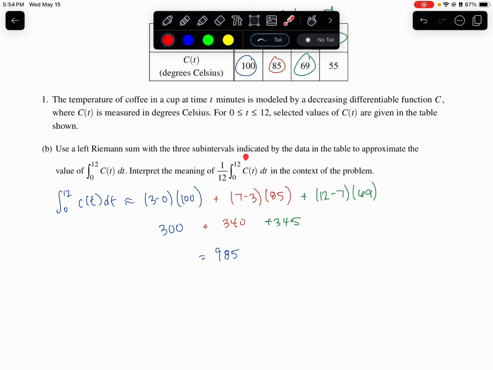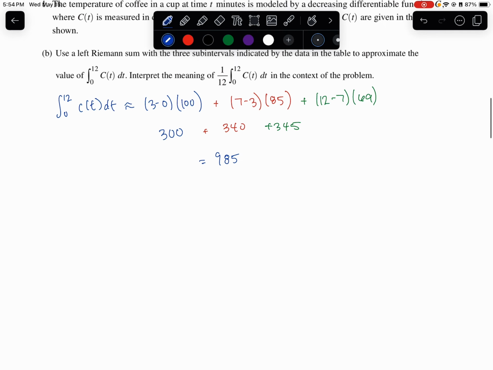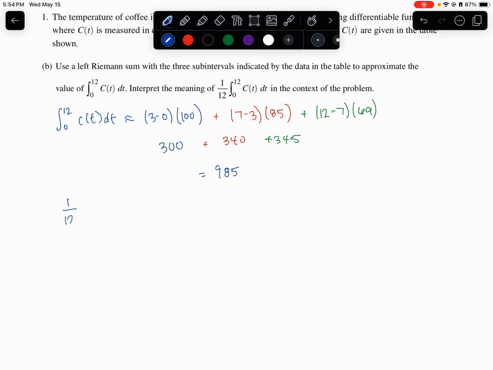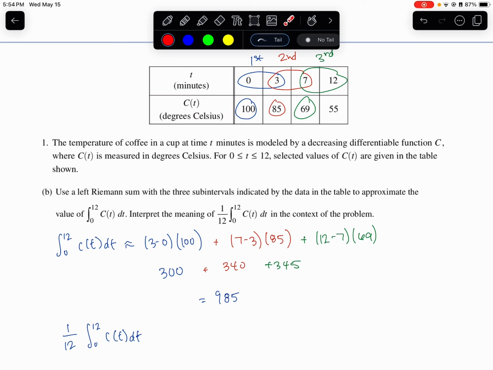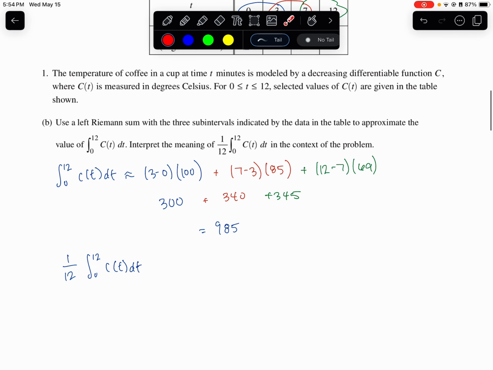Interpret the meaning of this expression. So the expression of 1/12 of our integral. So the meaning of that expression, so 1 over 12 times the integral from 0 to 12 of c of t dt, this is just the formula for the average value. What is the average value of c of t, and what is c of t? c of t is the temperature in degrees Celsius of the coffee in the cup. So this would be the average temperature. So this is the average temperature